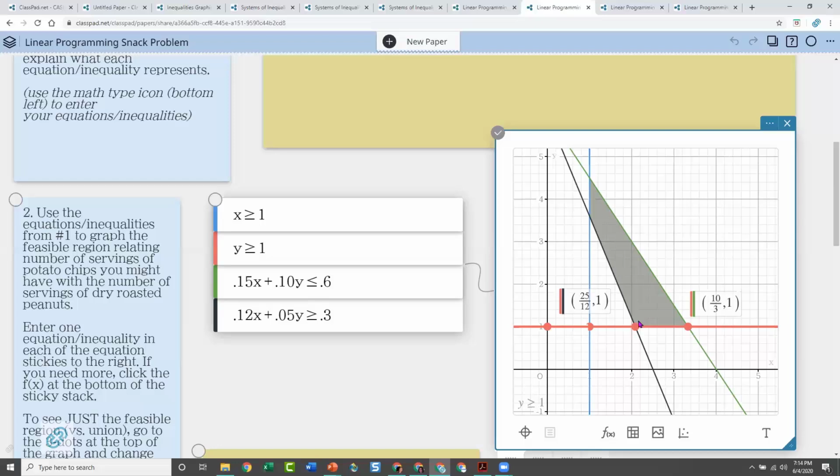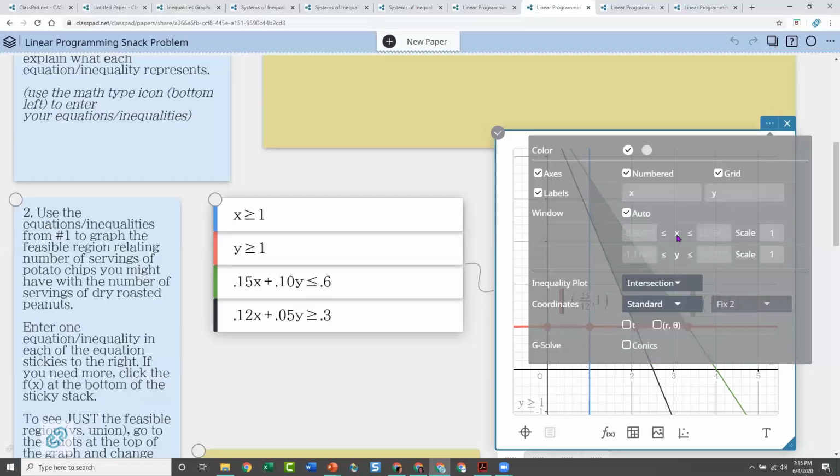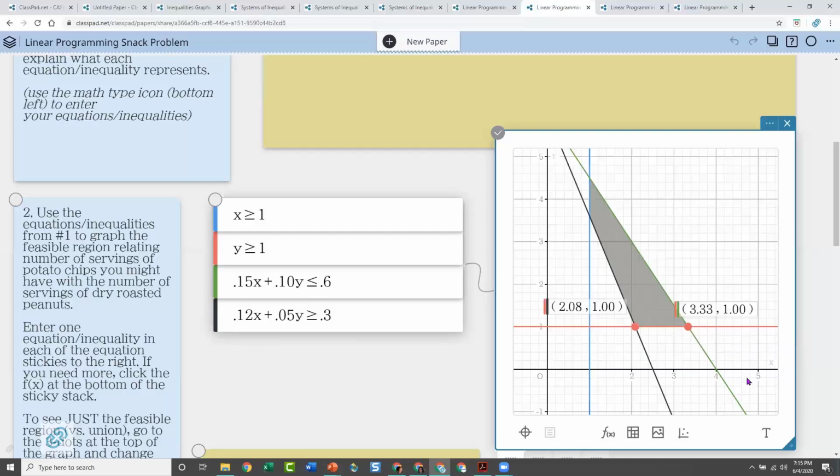So this is one of the feasible regions, and they're in standard form right now for this particular problem since we're dealing with servings. I'm going to change it to decimal so that we see the decimal version. So again, settings, change it to decimal. Standard form is, and so there we have some better answers. So now I can click and get all the key intersections here and find out which one is maybe the